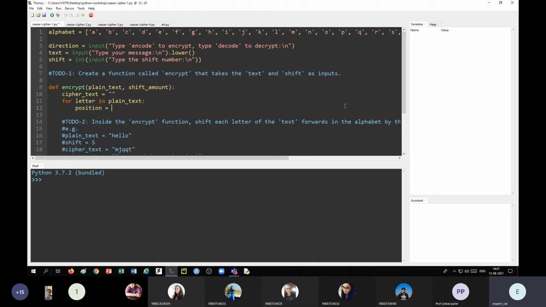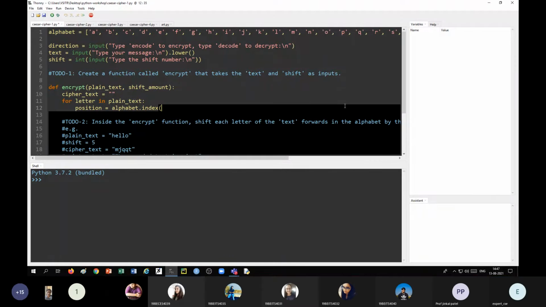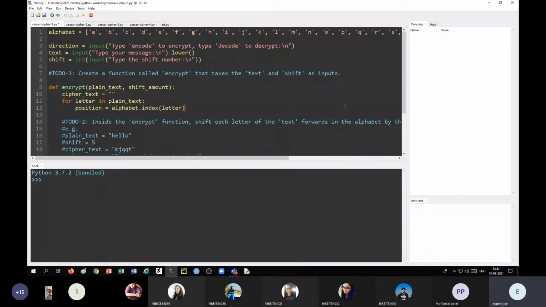So position is equal to alphabet.index(letter). Remember, if there is more than one occurrence of a certain letter, for example if I have written these alphabets 2 times, then it will supply the index of only the first occurrence.